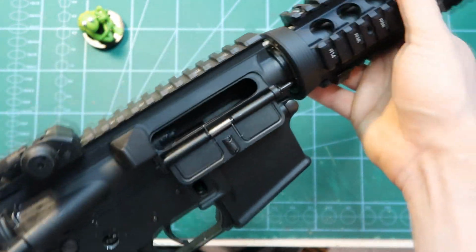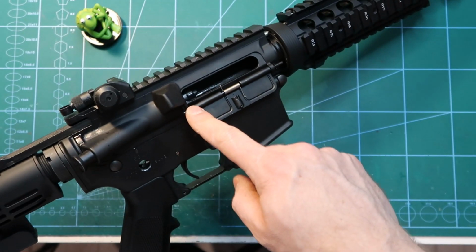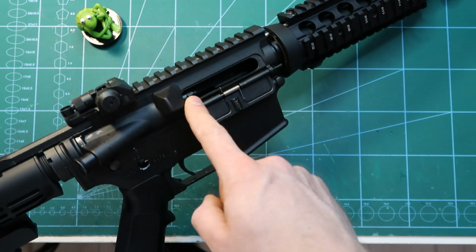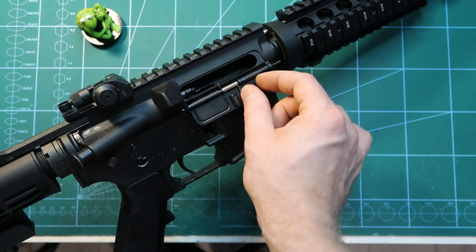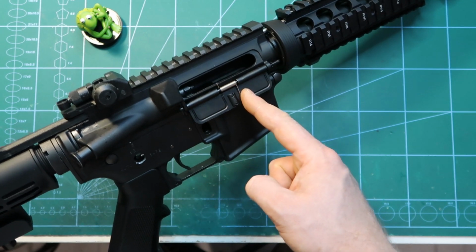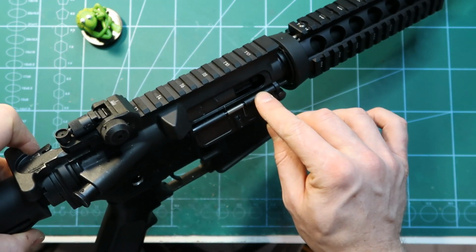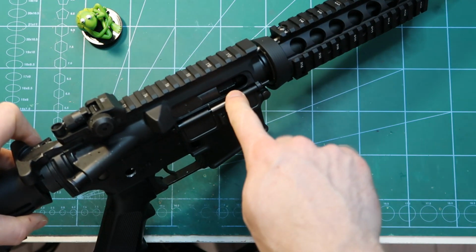But if I pull the charging handle back with the whole bolt carrier group, and release the charging handle now, and the bolt carrier group travels forward, I want this counterpart for the gasket on the nozzle to more or less fit with the width of the gasket on the front. On the front it should be like maximum 1 millimeter away from the edge. So if I release it, now you need to look again if it fits. Like 1 millimeter distance is still okay, which in my case probably is fine to have a good connection here,